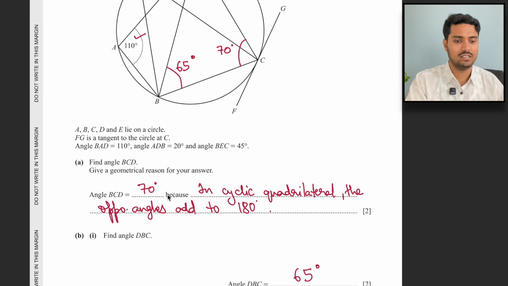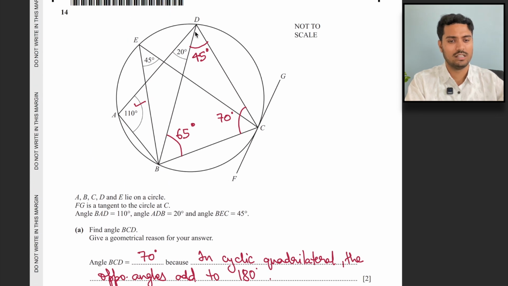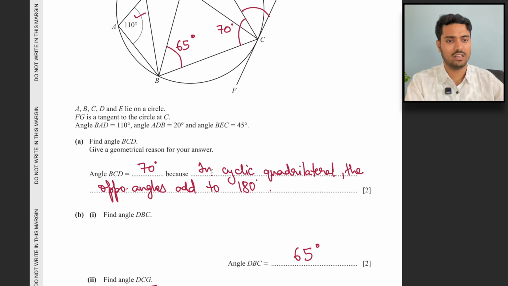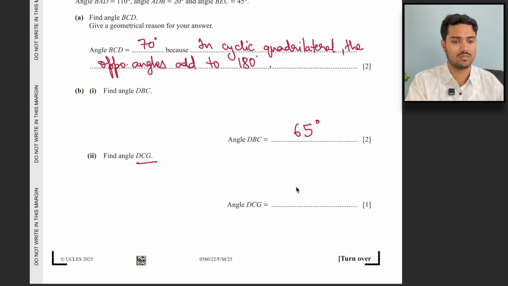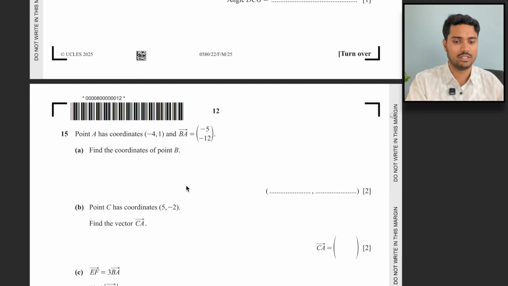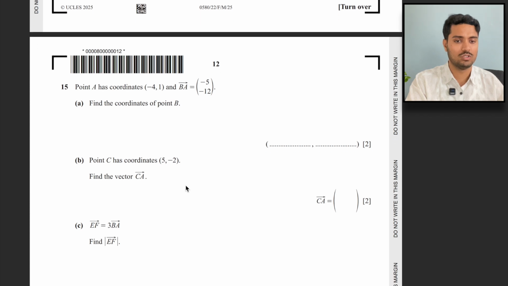Now check, find the angle DCG. D, C and G. So this angle will also be 65 degrees, alternate segment theorem. This will also be 65 degrees because of the alternate segment theorem. Let's move on to